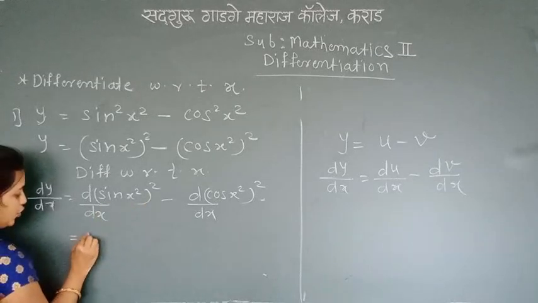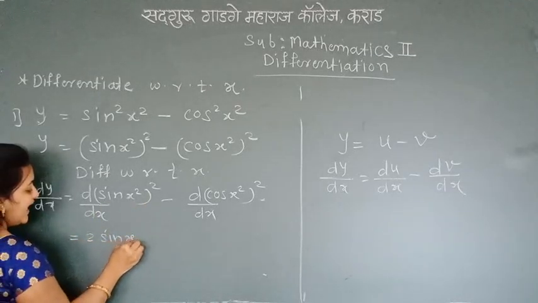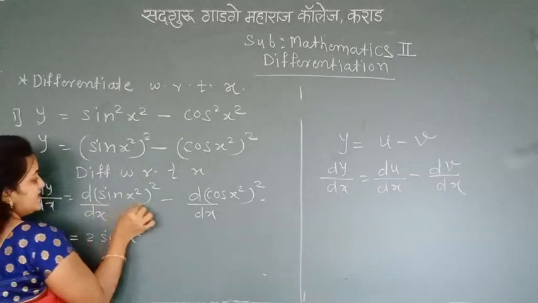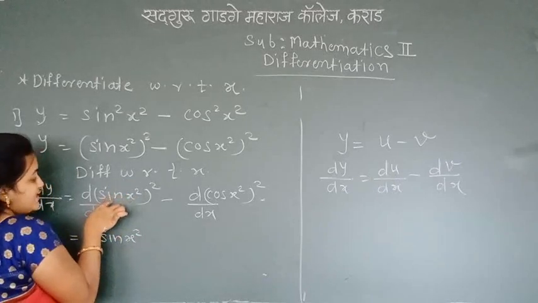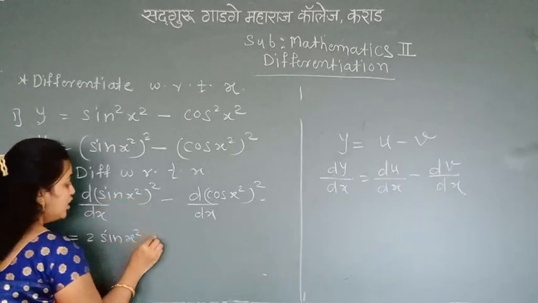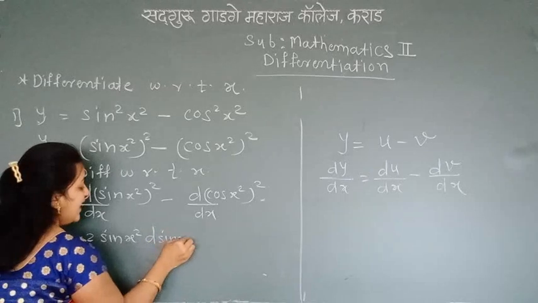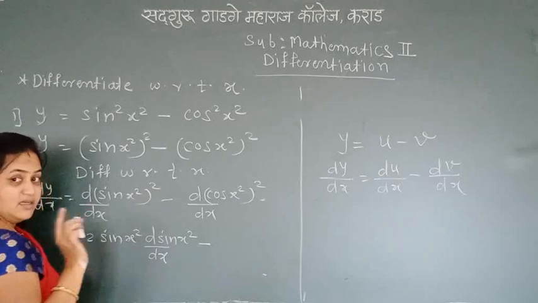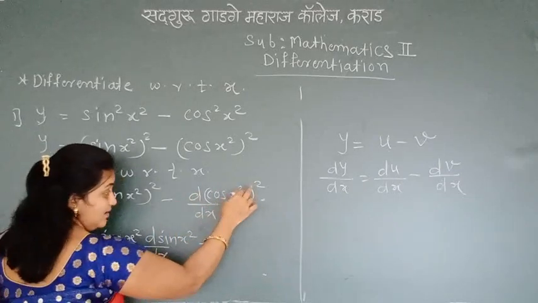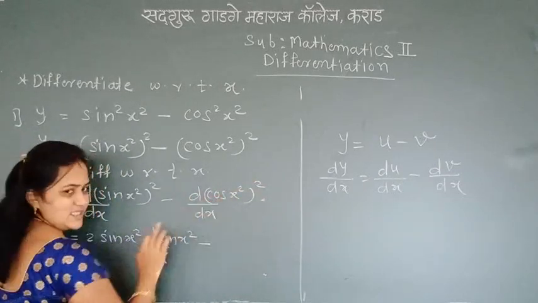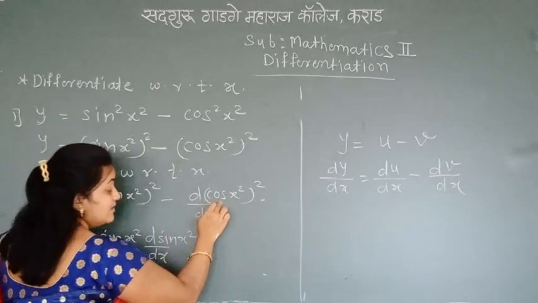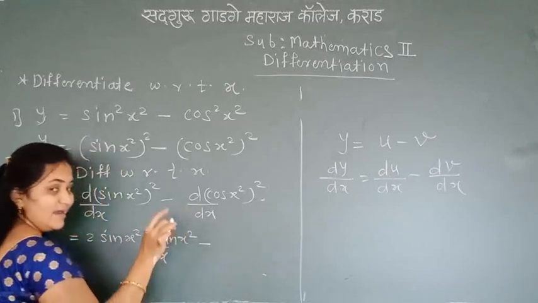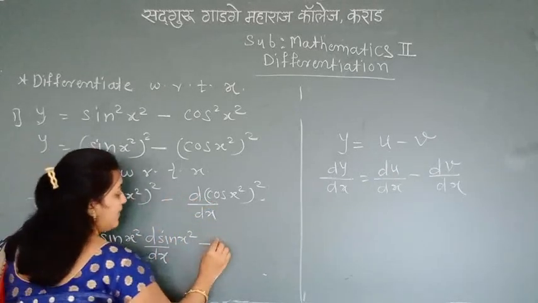So here 2 sin x square raised to the power 2 minus 1 is 1. But this is my composite function. What is your sub function? Sin x square. So again a derivative of sin x square with respect to x. Similarly here, same, if your standard function is x raised to n and sub function is cos x square, so we can find first x raised to n form derivative. What is the formula? n x raised to n minus 1. So here apply same formula.